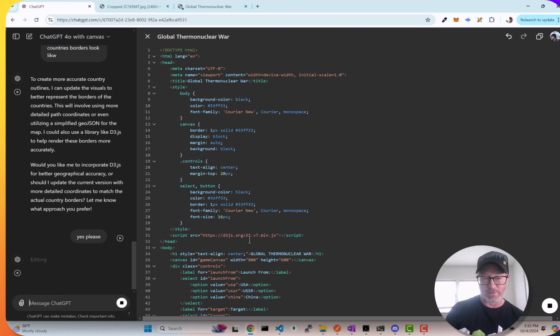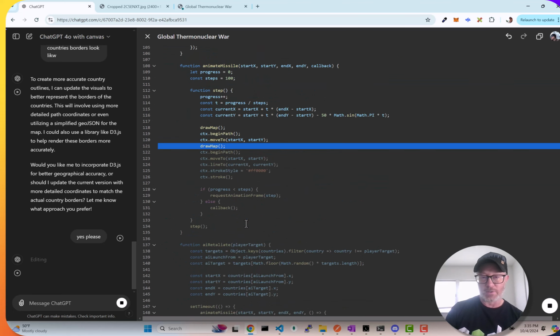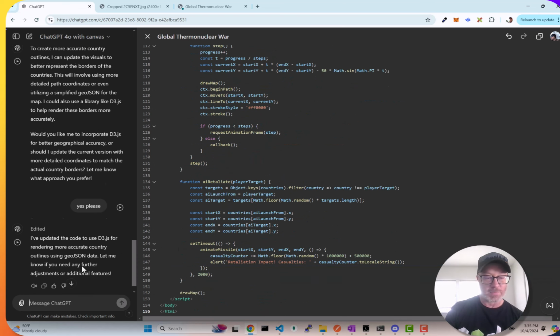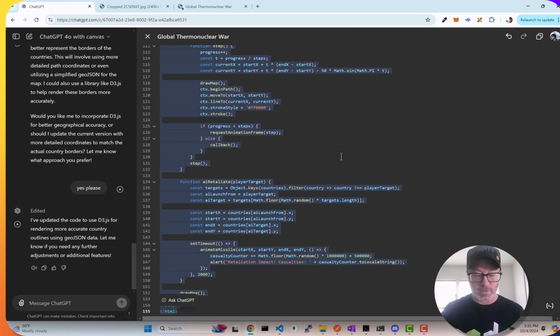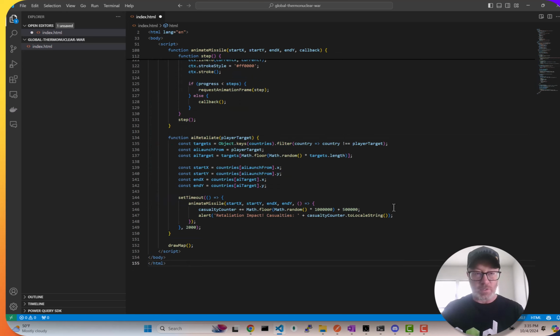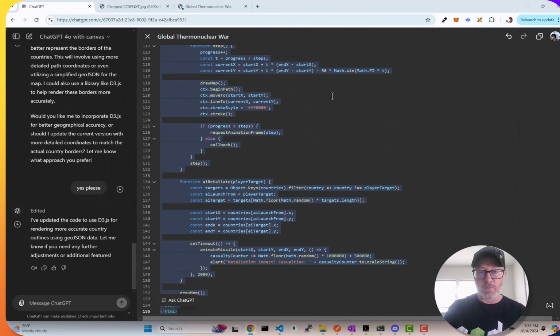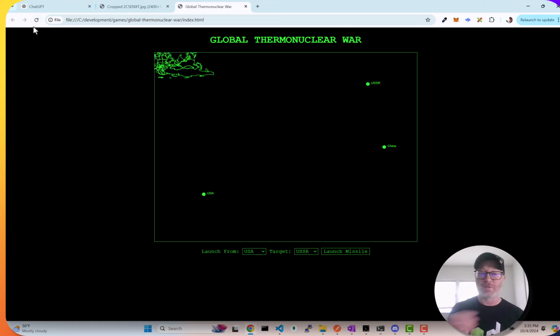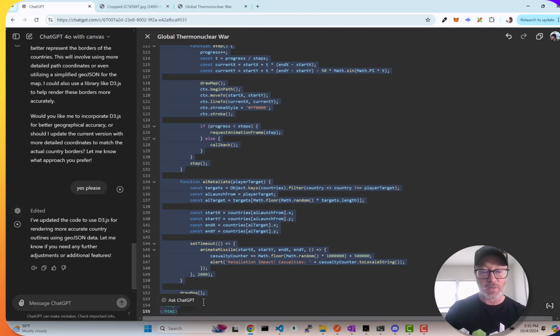So it's going through, editing the code again, and it says it's updated the code. All right, so let's take a look. All right, we did the code update, and now we go back into the browser. Reload. Well, now the map is just showing up all in the left hand side of the screen and doesn't quite look right. So let's go back into ChatGPT and say, that's really great,